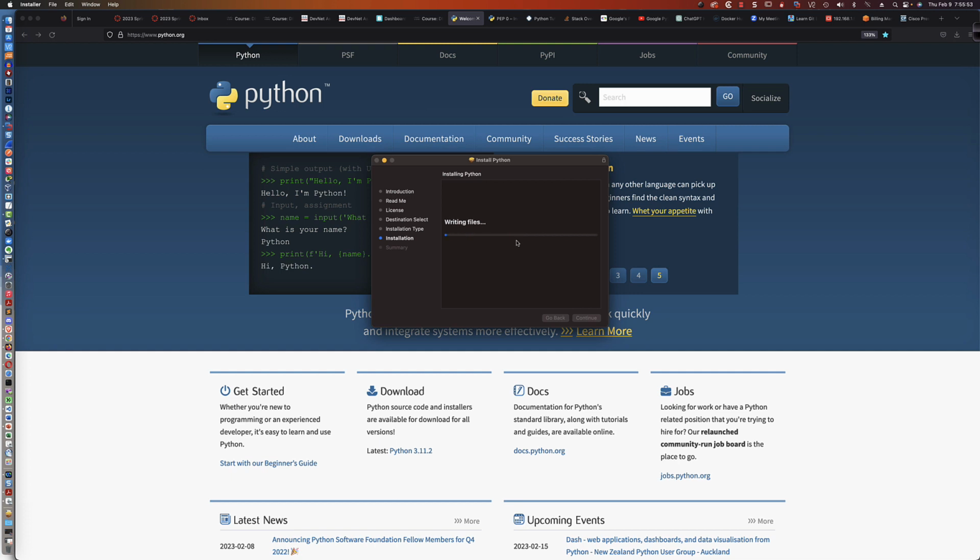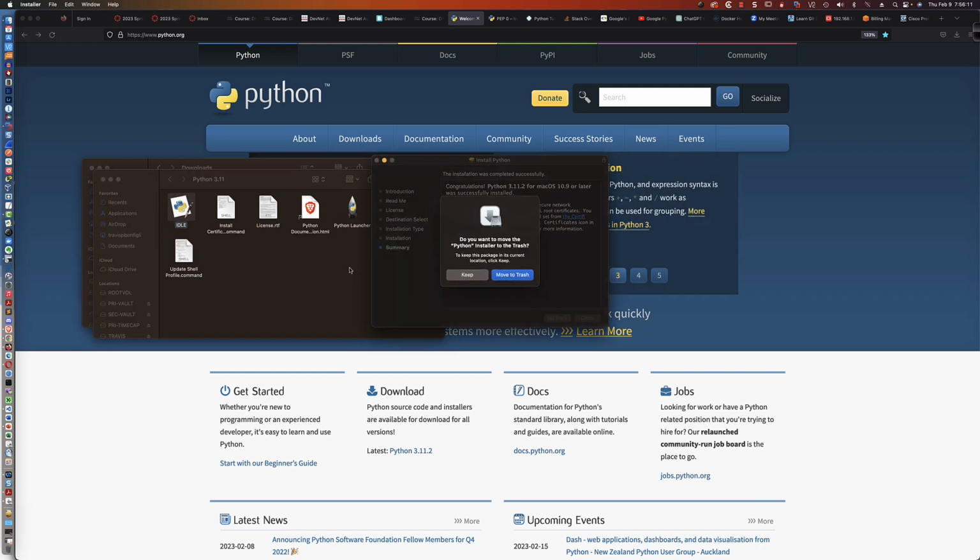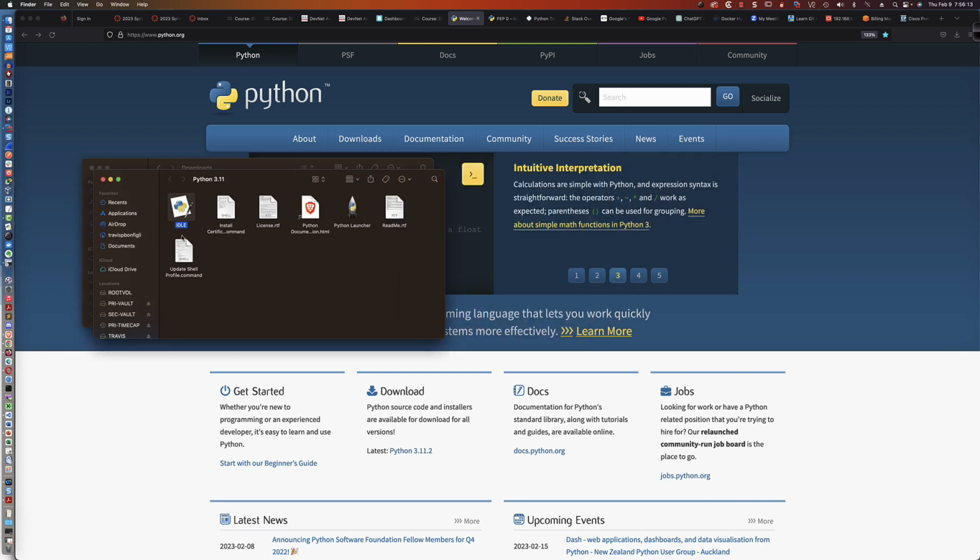And within 30 seconds, I'm going to have the latest and greatest version of Python installed. But more importantly, and the behavior on Windows is very similar, you're going to have a window open up, that window right there. And this is what we're looking for. Now, you can drag and drop this over onto your dock. You don't have to. But if we were to open this by simply double-clicking on it,